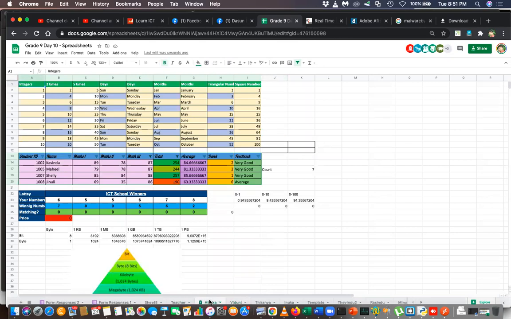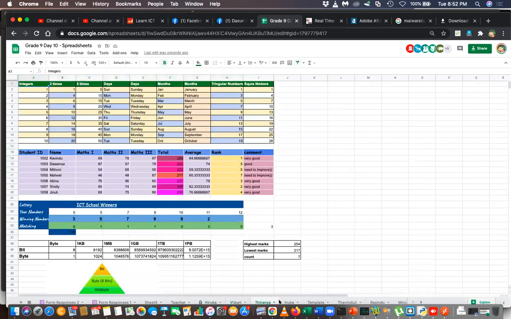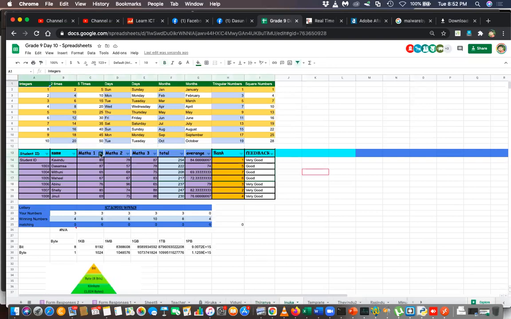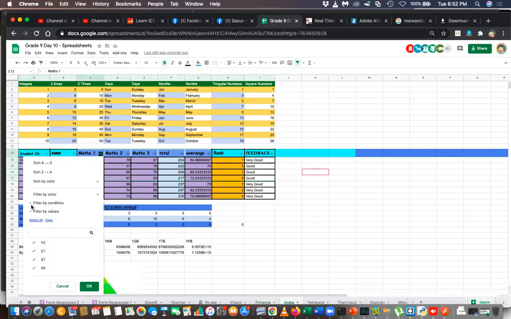You have locked the sheet. Hiru, don't lock it. Viduni, you can try. Yes, I think you are doing that. Good. You can apply the filter. Thiranya, Inuka, now you have to apply the filter, son. Match 1 greater than, not match 1. You click the filter sign, filter by condition, then select greater than from this, then give your value. Then you can filter the values greater than 85. Just give the value 85 and it will filter. And click OK after that.